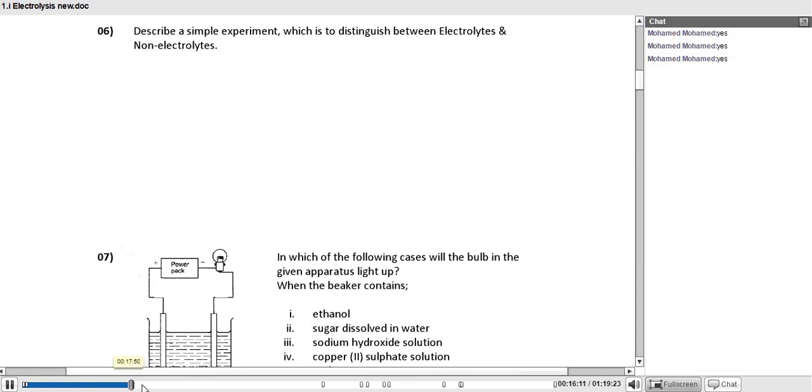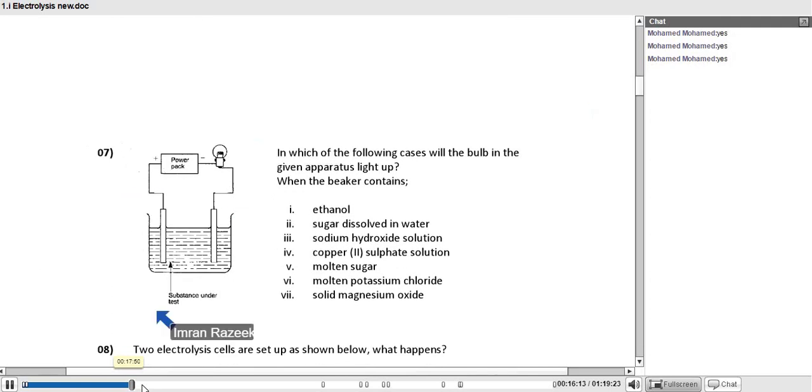we use this simple setup here. You can see a simple apparatus here. You have the battery, the bulb, and the electrolyte. This is actually a substance under test. It can be an electrolyte or a non-electrolyte. And you can see two rods here. These two rods are conducting materials known as electrodes. These electrodes are conducting materials which are dipped in an electrolyte to facilitate the movement of the charges. Now these electrodes are